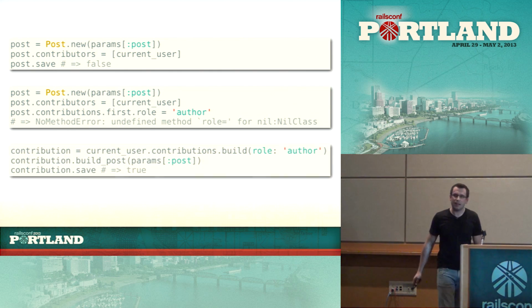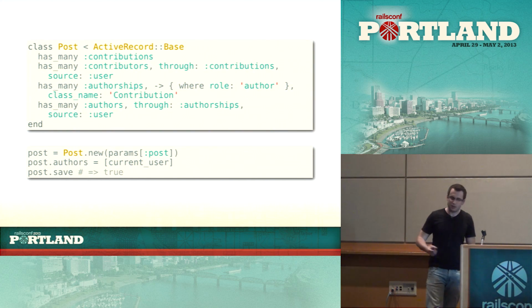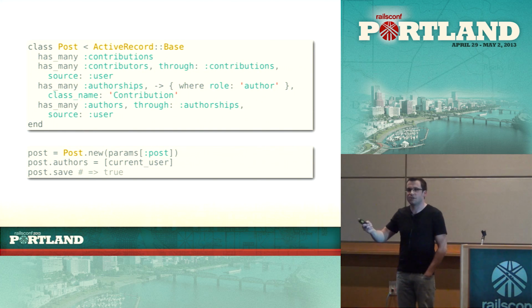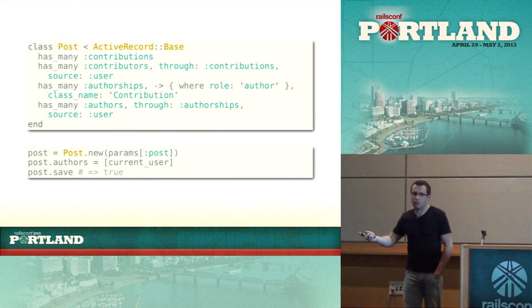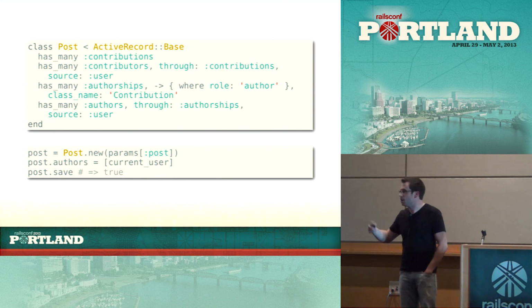And so you finally resort to the most laborious way of doing things, which is building the individual join model first, and then from the join model going ahead and building the post on that, and then saving the join model. I guess that's OK, but something feels slightly off about that. So then some genius comes along and tells you, hey, you can do this. And you can add additional associations with authors or editors or whatever you want to do with the conditions and create your associations through there, so you can associate those records through that association, and you'll get the required behavior,